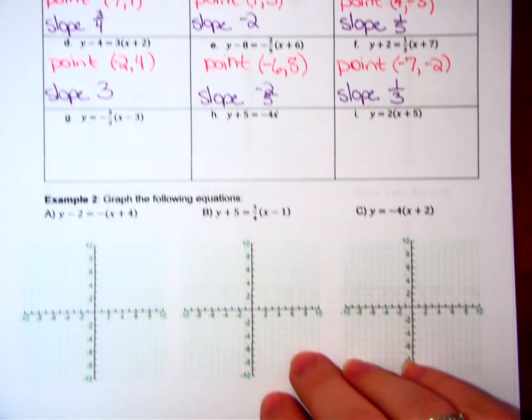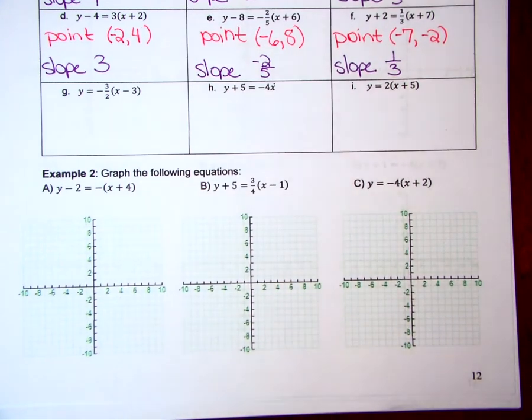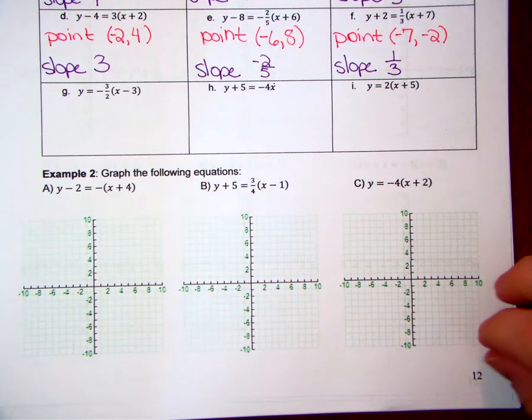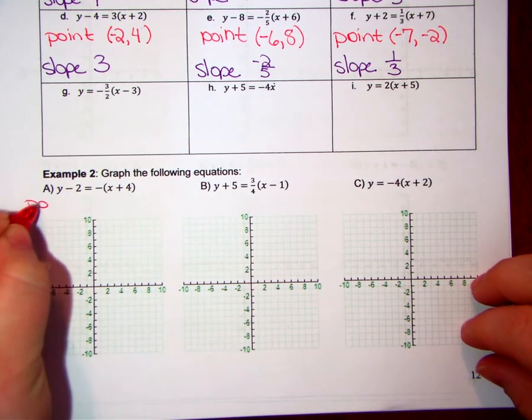Let's take a look at how we would graph those. So all of A through F is an example of level 1. Let's take a look and see what an example for level 2 might look like. So our first step would be to identify our point and our slope again. So we have a point